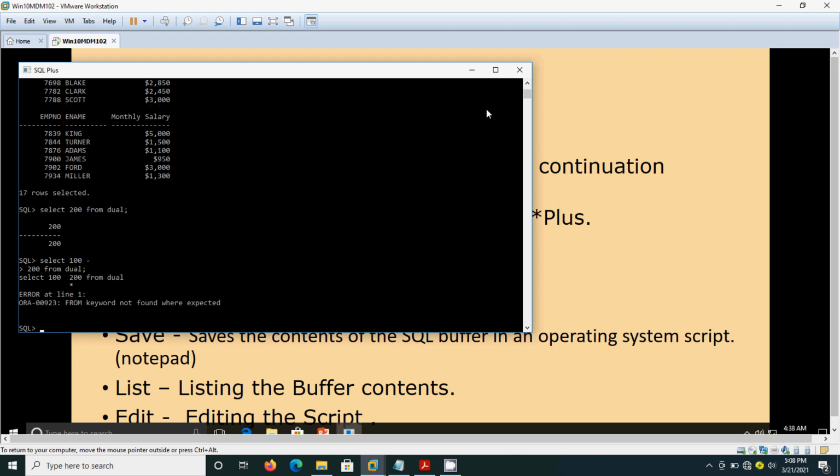See, I have used that hyphen in between the SQL, that is the query. It shows the error, that means the FROM keyword not found where expected. So you cannot use this hyphen for continuation of the SQL. You can use it only in the SQL Plus command.